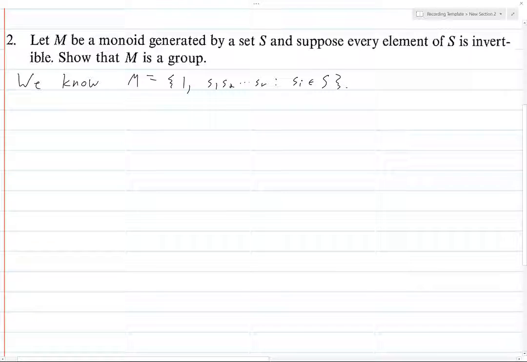If you don't know this, then read the textbook and you will know it. So, anyways, we know this, and we must prove